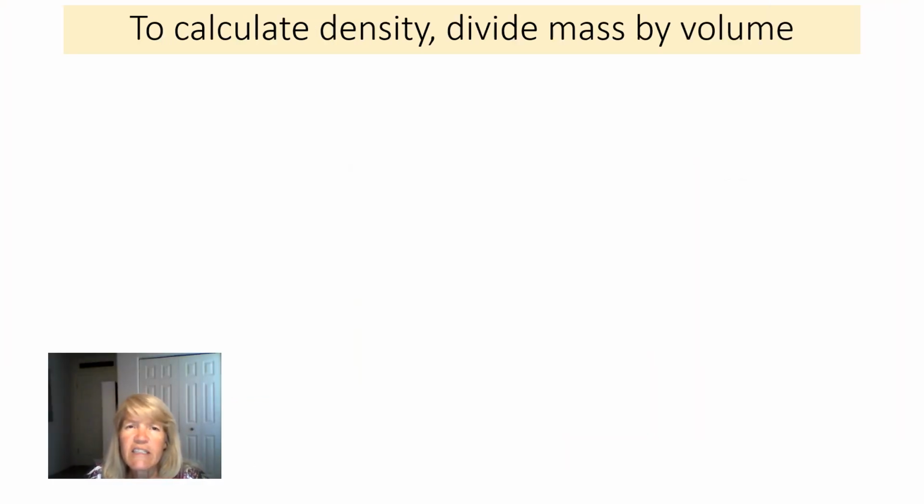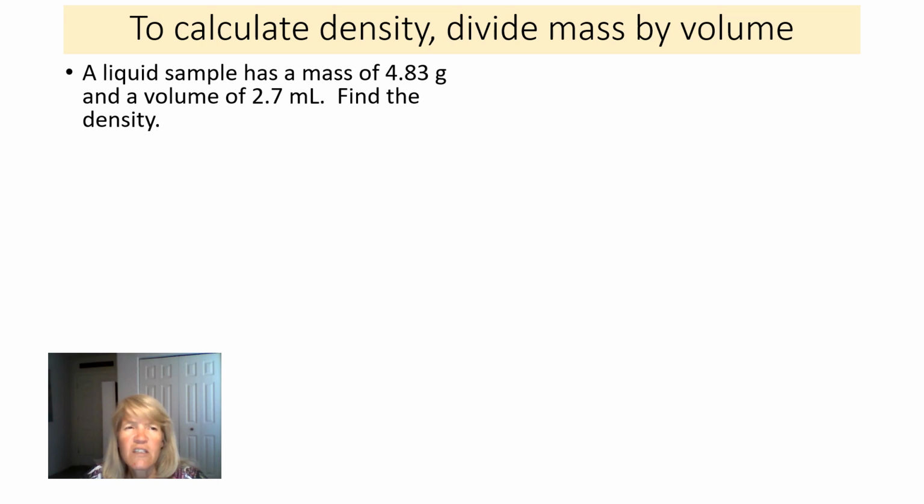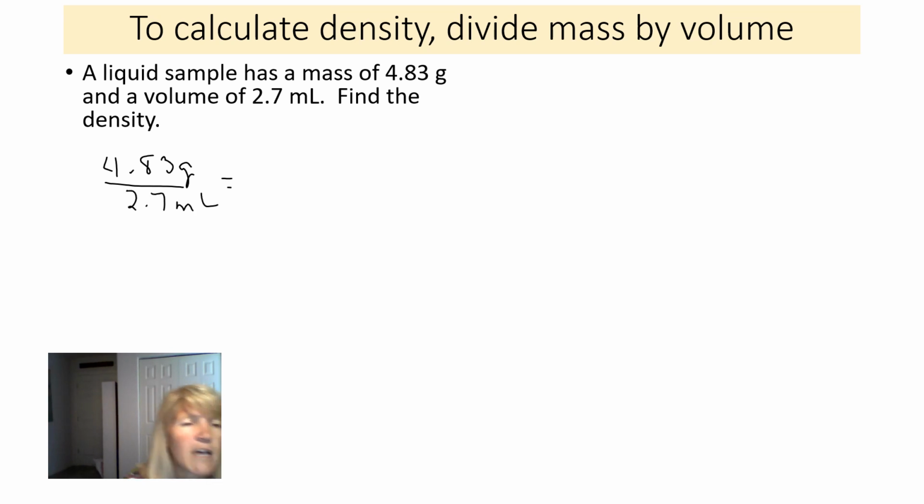So to calculate density, we're just going to find the mass and the volume and divide them. So here's an example. A liquid sample has a mass of 4.83 grams and a volume of 2.7 milliliters. Find the density. So we just find the mass and divide it by the volume. So in this case, we have 4.83 grams, there's our mass, divided by 2.7 milliliters. Mass divided by volume. Go to your calculator. 4.83 divided by 2.7 equals,